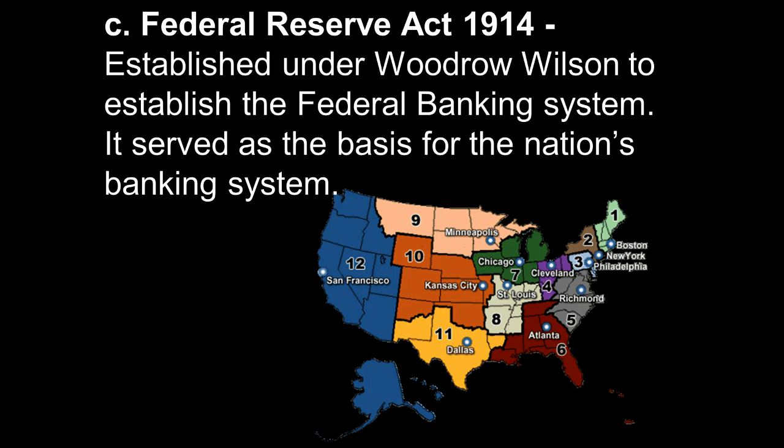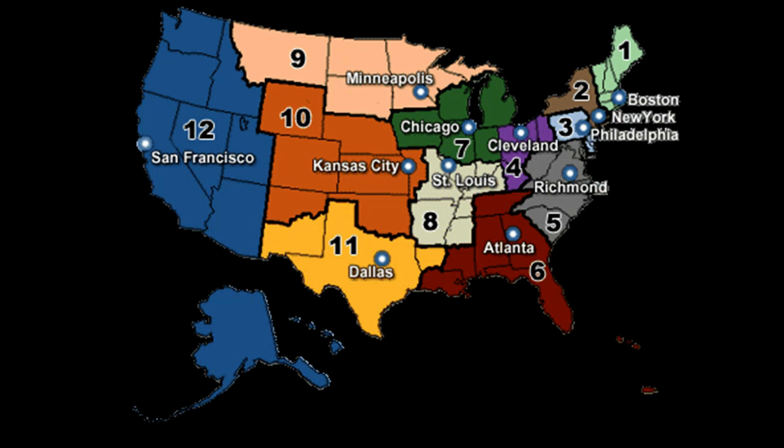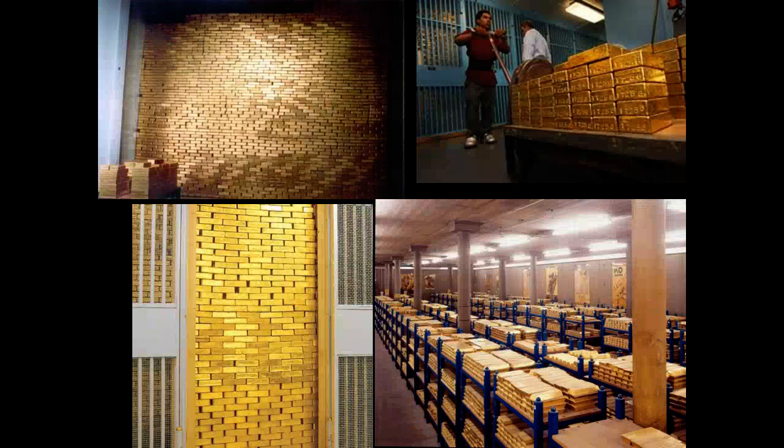And there's various Federal Reserve districts. There's a quick map of them down at the bottom right. There's a total of 12. And there's a bigger version of the same map. And if you look where those blue dots are, that is where each of those individual Federal Reserves are located. So they tend to be located in the largest cities within each of these districts. So Dallas in Texas, San Francisco, which at the time would have been the biggest city. You also got Philadelphia, New York, Boston, Chicago, St. Louis, all these really, really big cities within these districts.